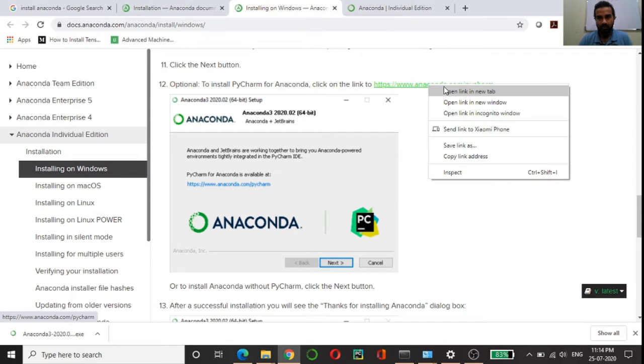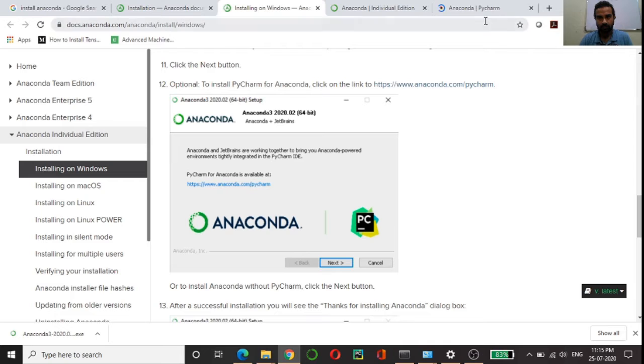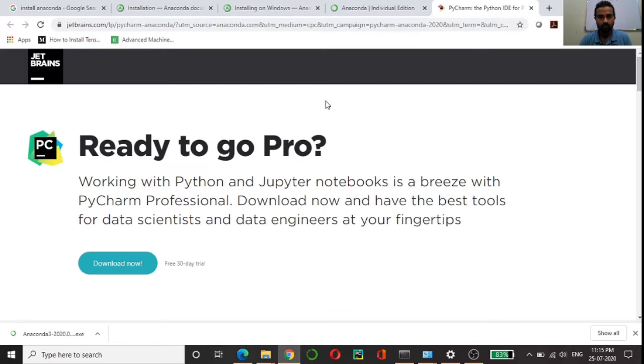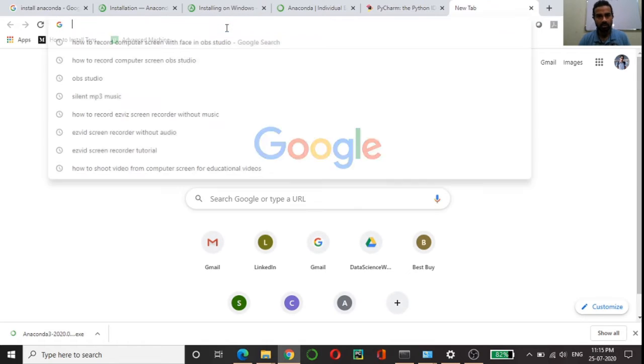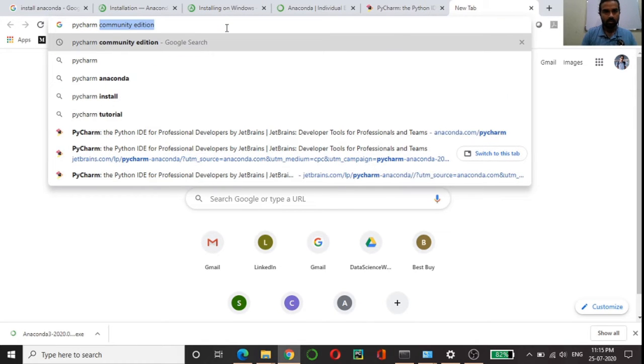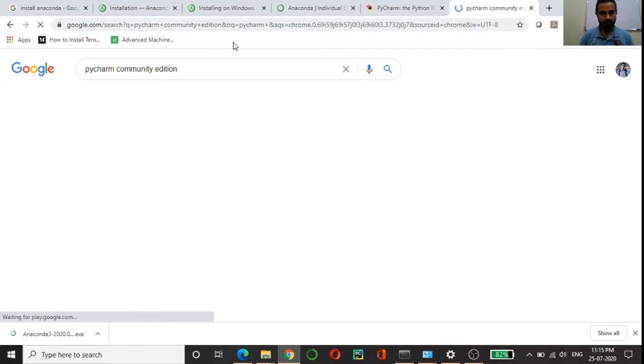Once you open this website, as you can see, it is taking you to download the PyCharm Pro version, which has a 30-day trial period. My suggestion would be not to install this one. You can just Google PyCharm Community Edition.